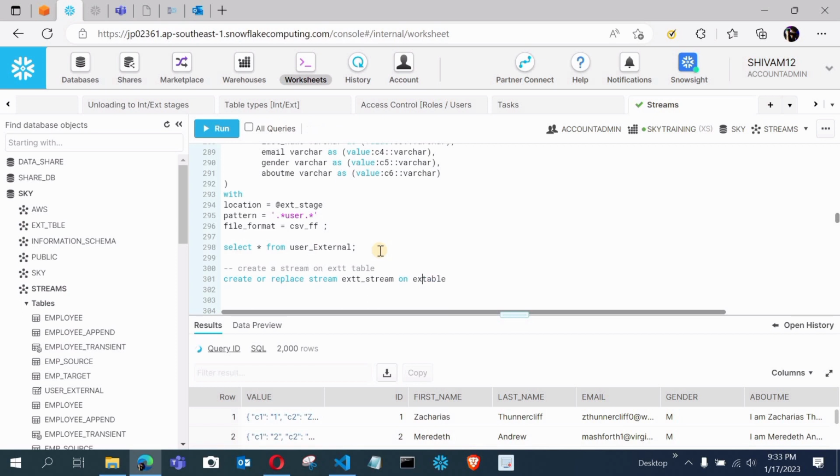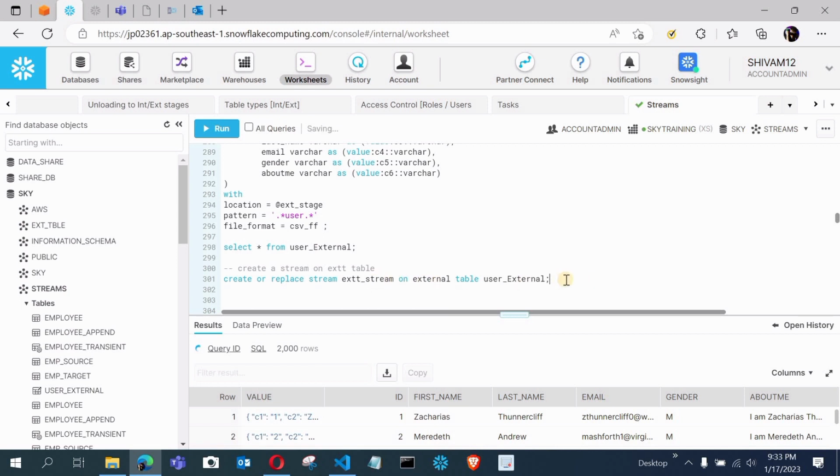We have to give the external keyword here as well, because we are creating the stream on the external table, and my table name is user external. This is the syntax we used to follow earlier, except for this external.